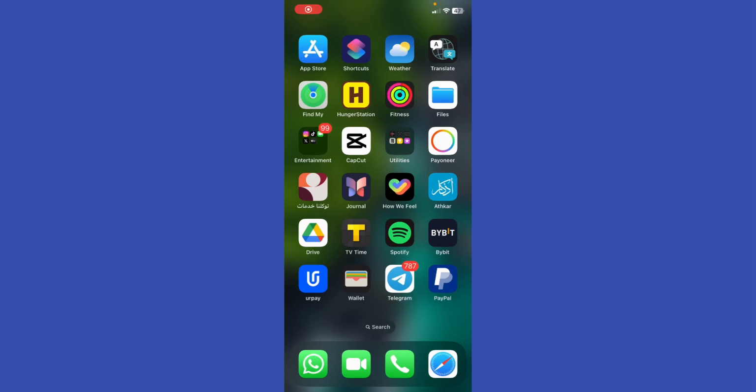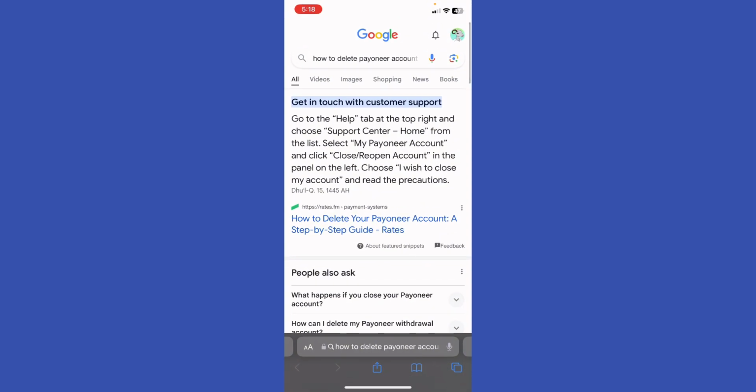My name is Adam. Today I'm going to show you how to delete Payoneer account. If you want to delete your Payoneer account, what you're going to do is go ahead to your browser. In order to delete a Payoneer account, you can't actually delete it with one button like on social media and apps. You need to get in touch with customer support and go to the help tab on the